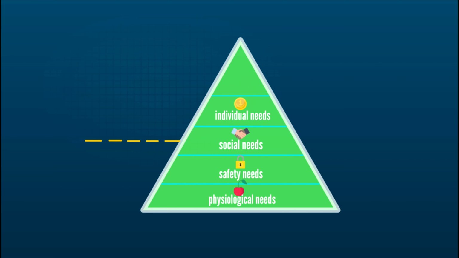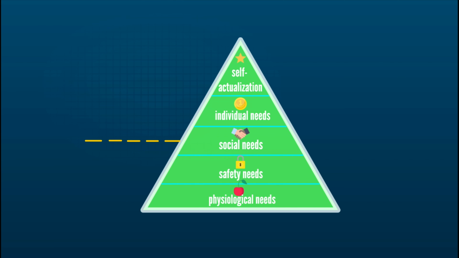The top and final level of Maslow's hierarchy is the need for self-actualization. This level includes needs such as creativity, spontaneity, and a high degree of morality. The individual levels of the hierarchy become relevant one after another. This means that once the needs of one level are fulfilled, a person will try to address the next level